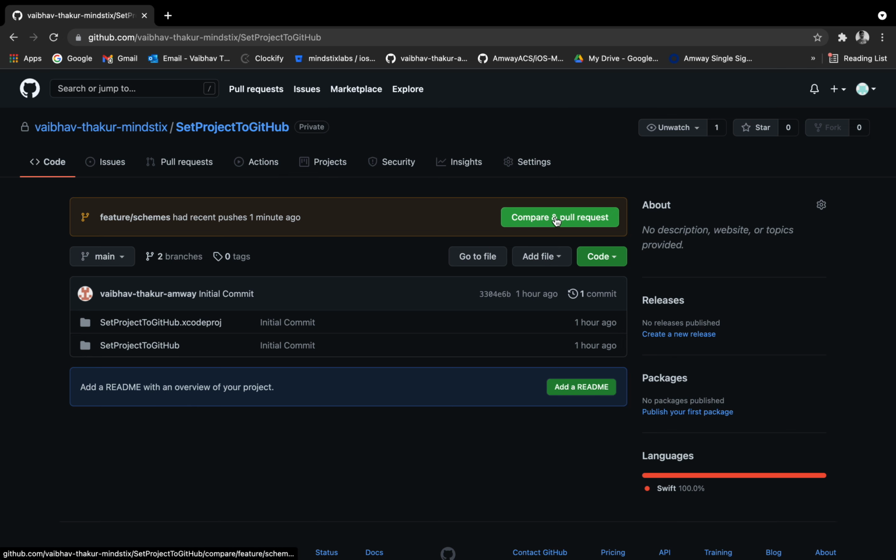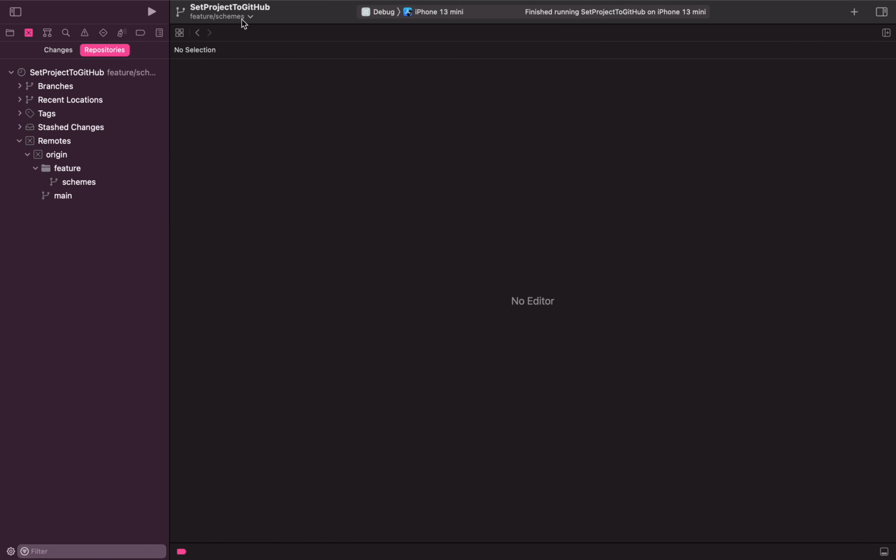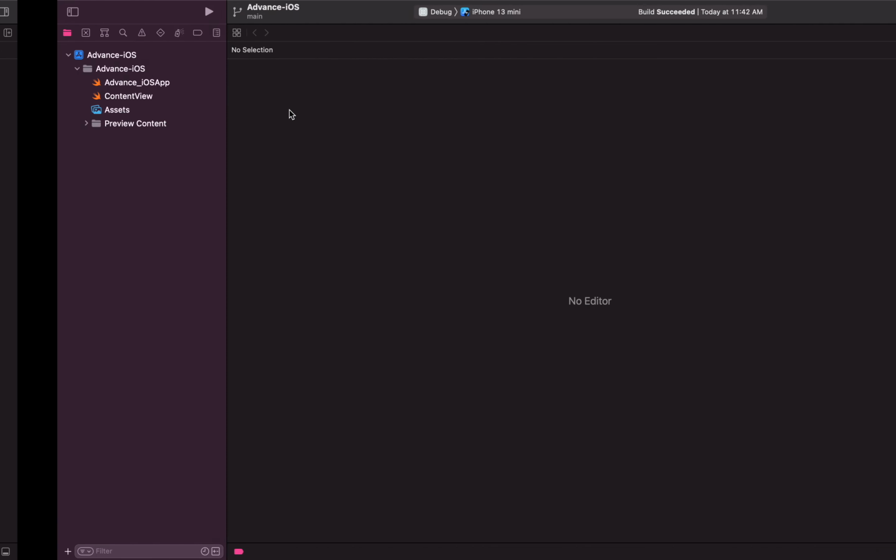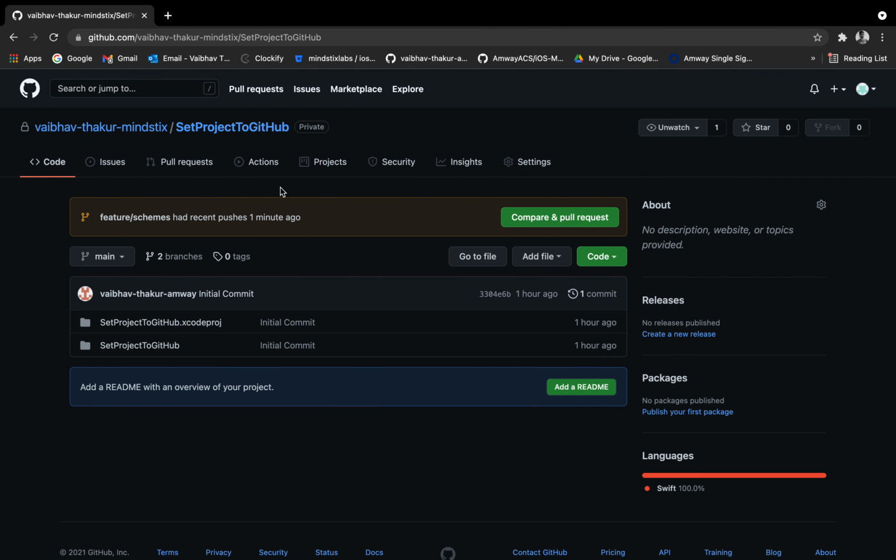We can create a PR from here itself, or we have one more option to create a PR from here. You can see the create pull request message is there. What we'll do is this from Xcode itself.